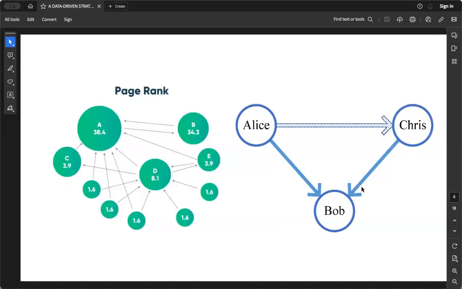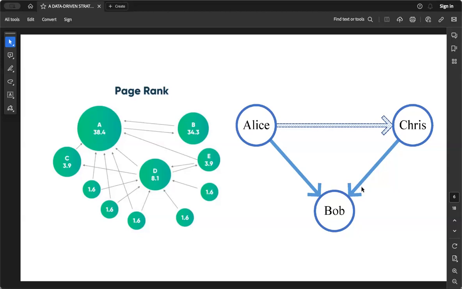Given PageRank, the graph that you see on the left is that of a web graph. Each of those nodes is a web page, and the connections between them are directed edges, where if a hyperlink exists from one page to another page, that is depicted using a directed arrow. As you can see, web page A tends to have the highest rank because it is connected to a large number of web pages, each of which have a very high rank or importance themselves. Something similar can be observed in a social network as well.